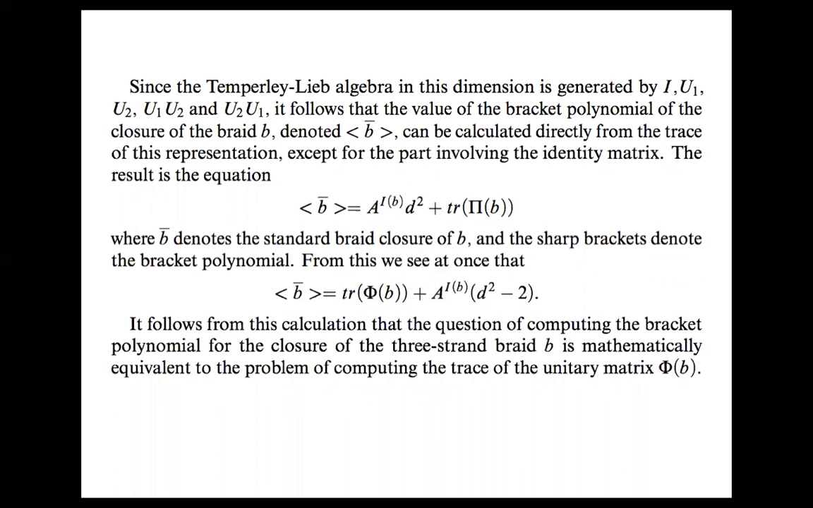But we want the trace of something unitary, so we shift it in by a little fiddling to the trace of the entire representation and an extra term. And that trace of the entire representation is now the quantum part. So to turn this into a quantum algorithm for computing the bracket or the Jones, you take the unitary representation